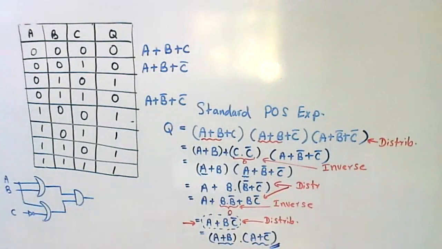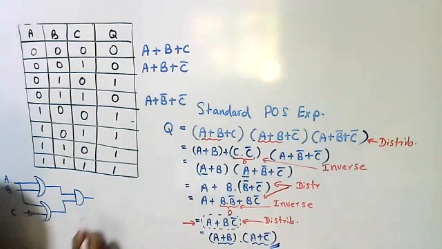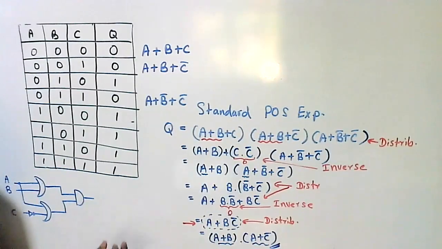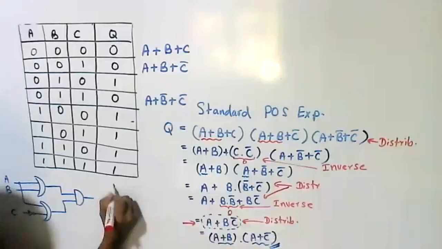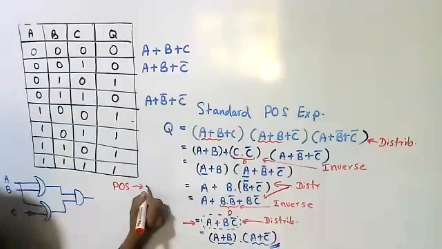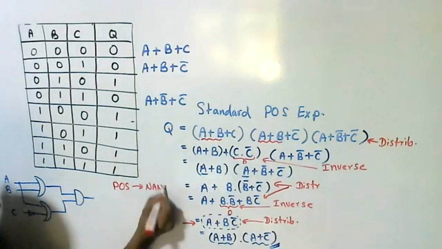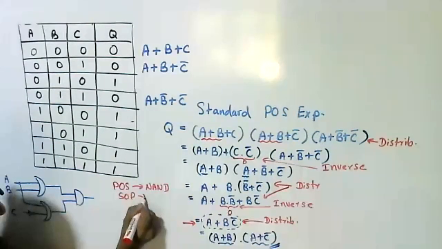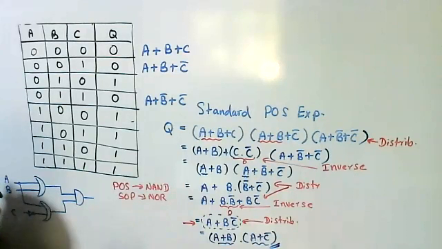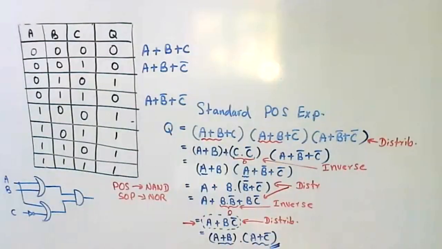Right. I told you to convert this one using NAND gates or NOR gates. Convert this circuit using NAND gates. For POS, I have given one, and for SOP I have given another one. For POS, what did I give? Convert it using NAND gates. Then for SOP, I have given NOR gates. Clear? Is it correct? Yes. Right, okay. Then we'll convert this.